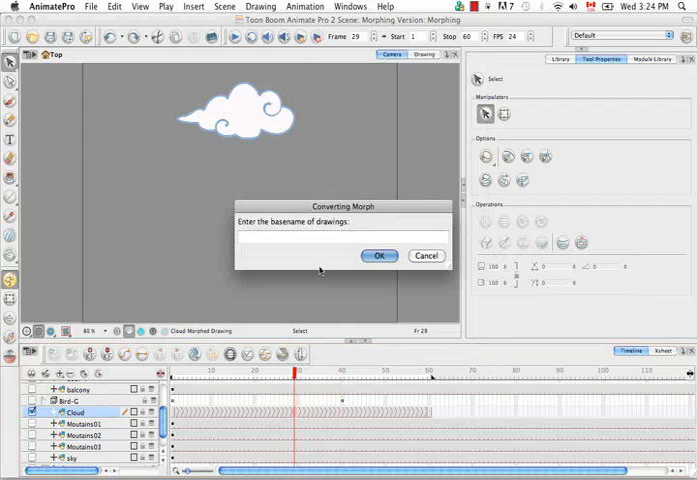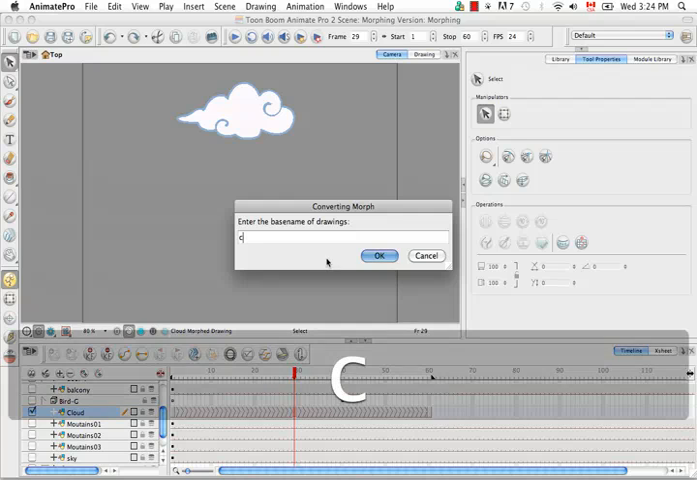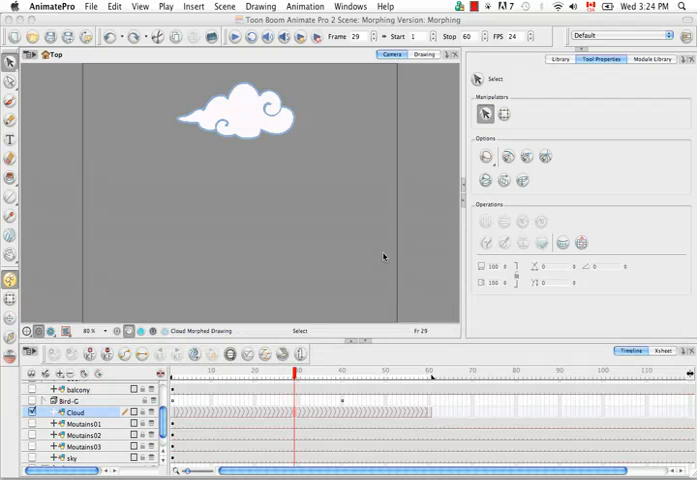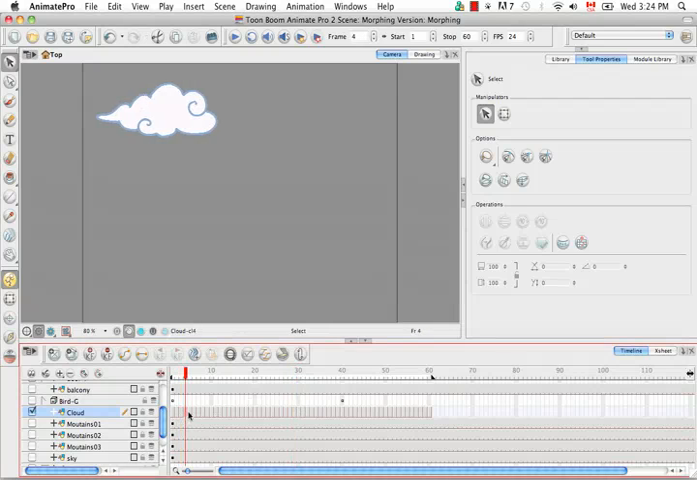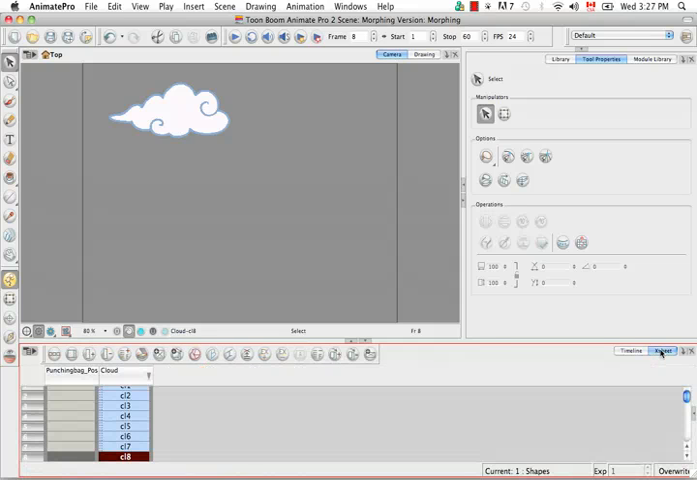The Convert Morph dialog box opens and asks you to enter a base name for the drawings. So I'm going to select CL for clouds and say OK. And now as you can see, each of the morphed sequence has become its own individual drawing that you can manipulate. And then if we go to the X-sheet view for a few minutes,